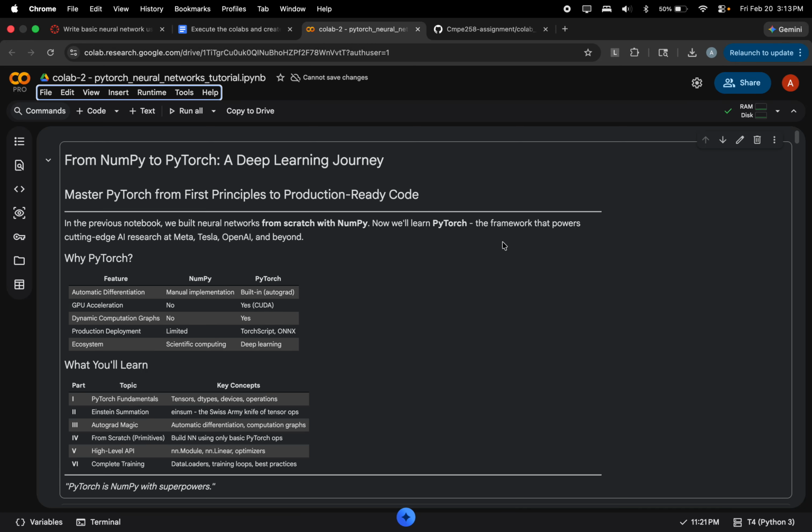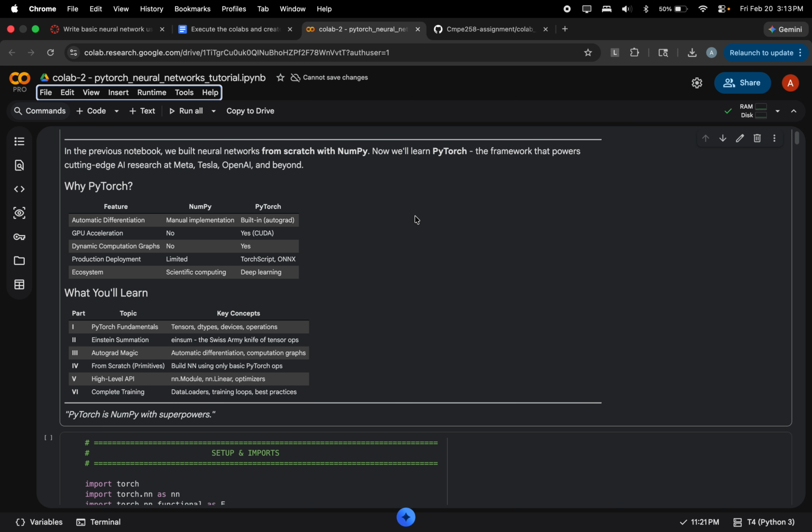Hello, this is the demo for the Scholar PyTorch neural networks tutorial. This is how we will use PyTorch for neural networks. In the previous notebook, we built neural networks from scratch with NumPy, but now we'll do that with PyTorch, and as we know, the framework that empowers cutting edge AI research at Meta, Tesla, OpenAI, and